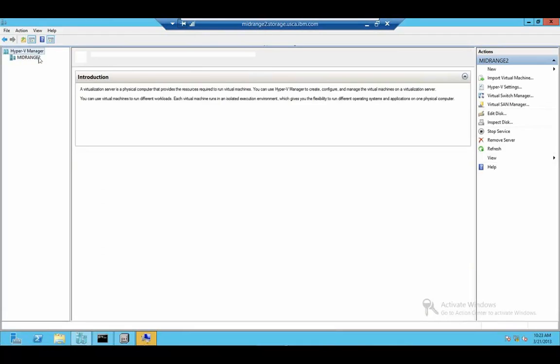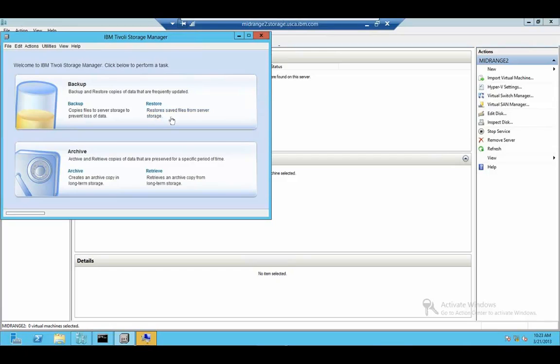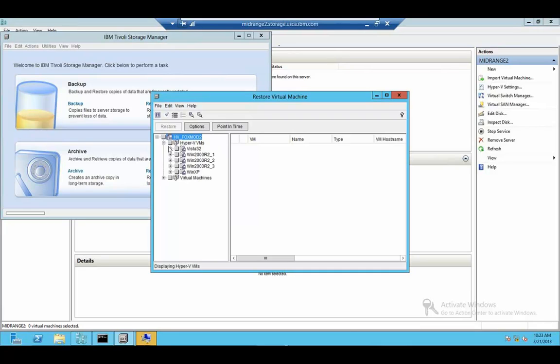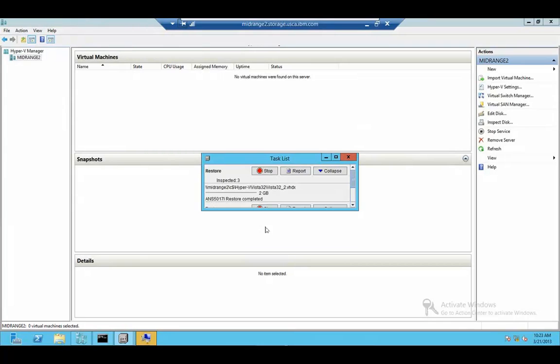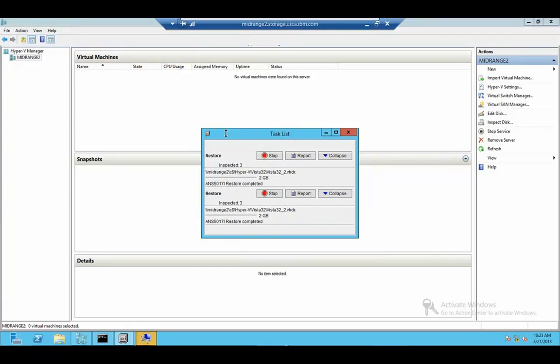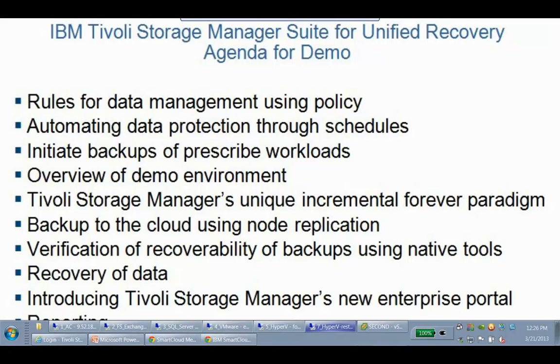Okay? Now I would like to restore this virtual machine to a different destination, and the other destination is mid-range 2. Mid-range 2, as Hyper-V Manager shows, has no running virtual machines right now. So I go to Restore, and I can simply select the VM that I would like to restore. Let's pick Vista 32. I can choose a point in time. I will just go with the last one. All I need to do is click on Restore. And that's all I have to do here. Now my task list shows me the progress of each individual file here. And while this is going,